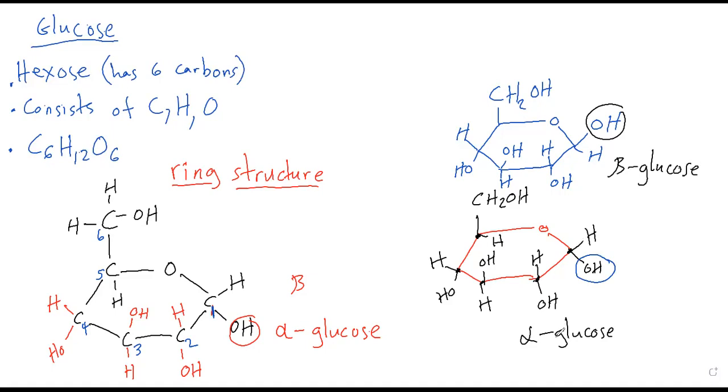That is the only difference between your alpha and beta glucose. And carbon number 1, so remember this right here, that is carbon number 1. All right, carbon number 1, let me bring down this. Carbon number 1,